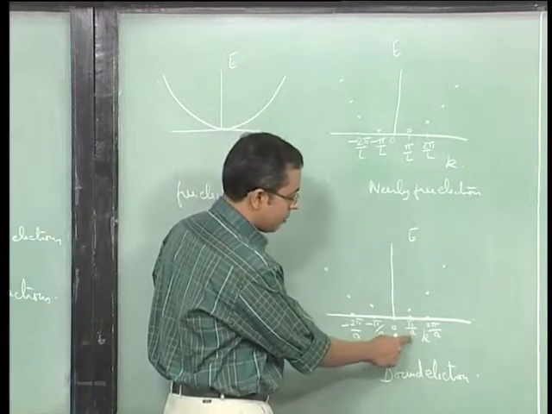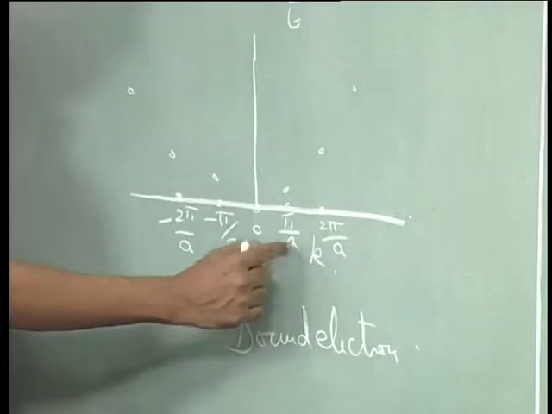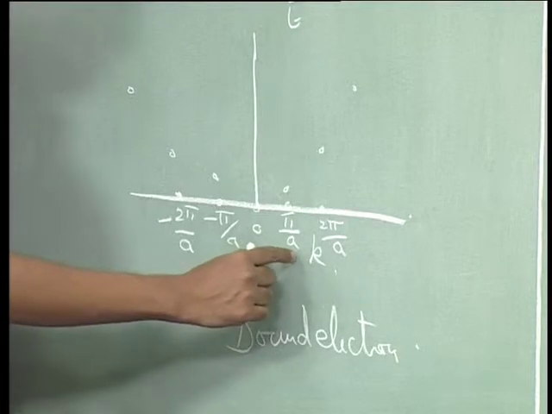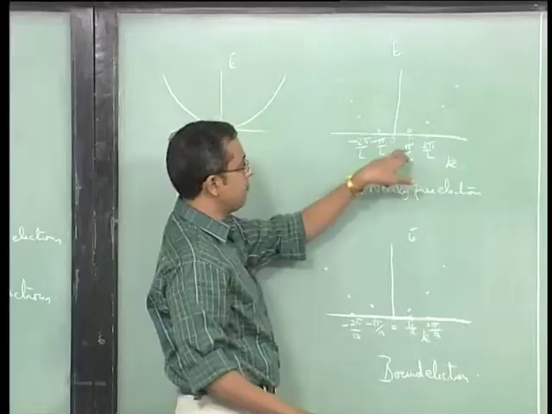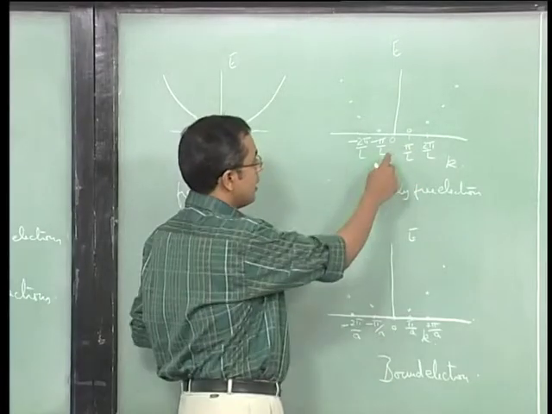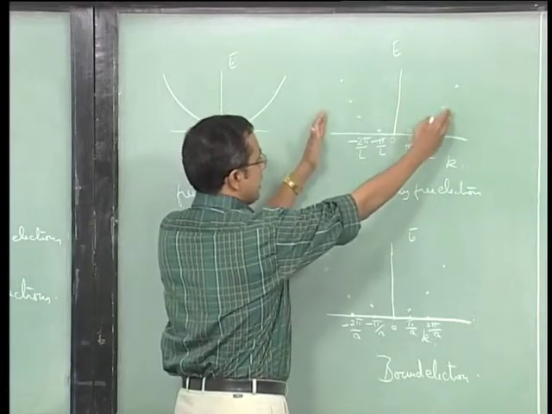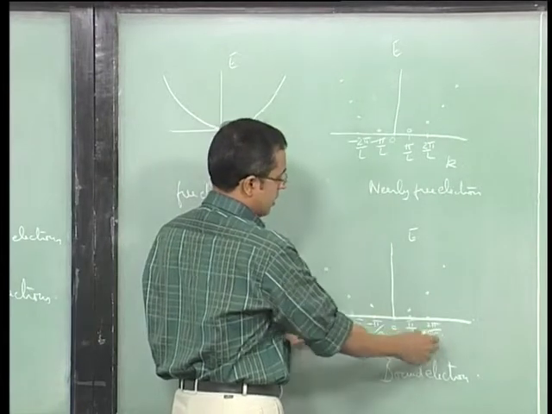Except that a is 10 power minus 10 meters. So this is in the denominator, so it is a very large number. It is pi times 10 power 10, not simply pi. Therefore if you take this information and plot it to this scale, then you will find that there